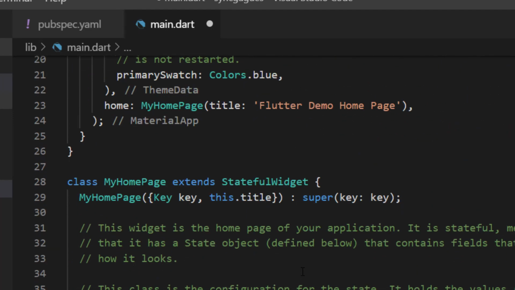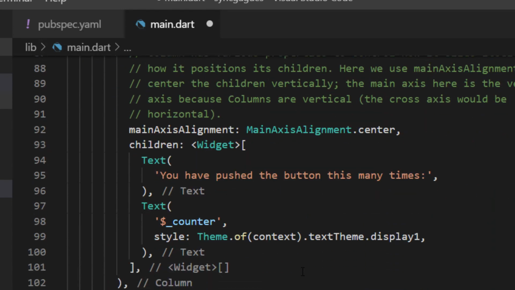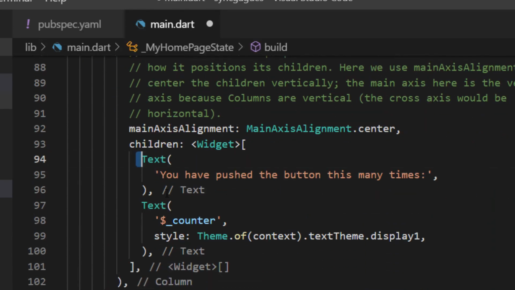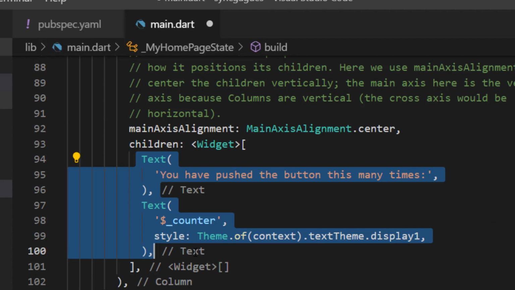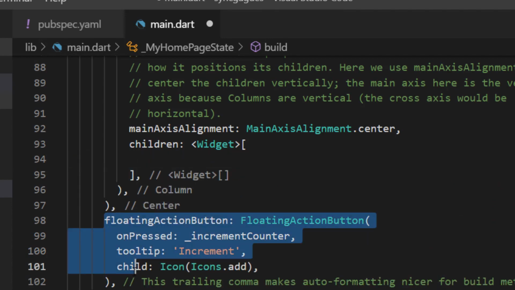Now you can move on to the home page. This is a simple Hello World program, so I'm going to remove the already available text and the already available buttons.